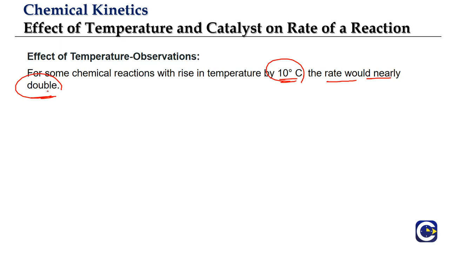So this dependency of the rate of a chemical reaction is linked to the dependency of the rate constant K on temperature. Because if you look at the rate of a chemical reaction, it depends upon two parameters. For any reaction, rate is equal to K times the concentration of the reactant to the power N, where N is the order. So it depends upon the concentration unless it is zero order. The other parameter here is the K value, the rate constant. We have not talked much about the rate constant.